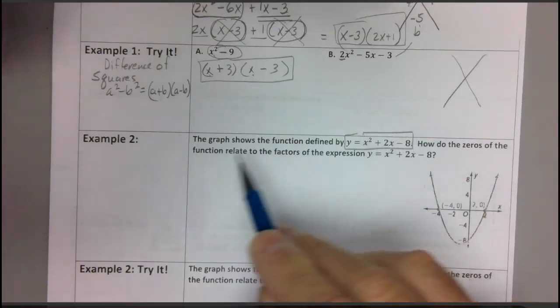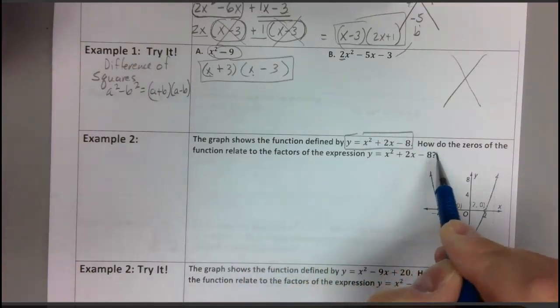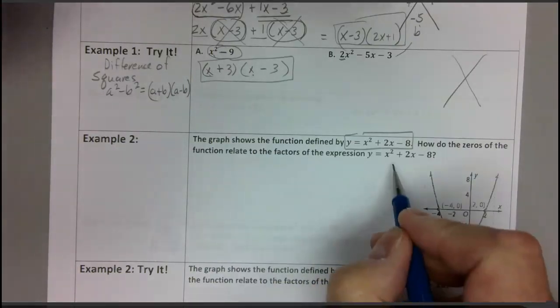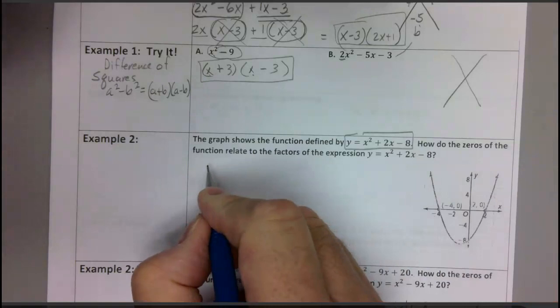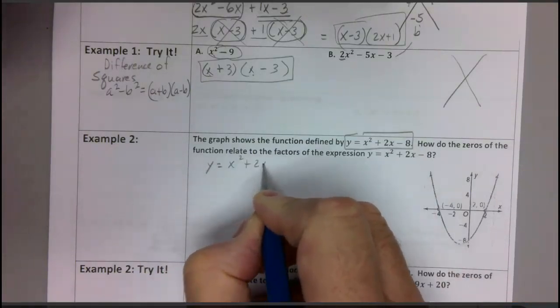How do the zeros of the function relate to the factors of the expression y equals x squared plus 2x minus 8? Well, if we factored this x squared plus 2x minus 8 over here,